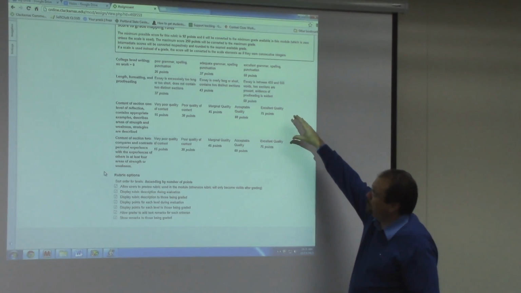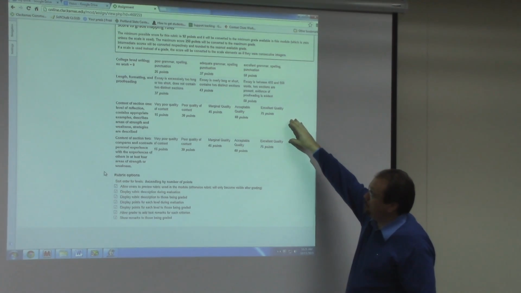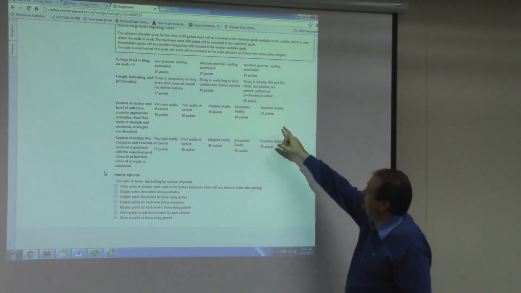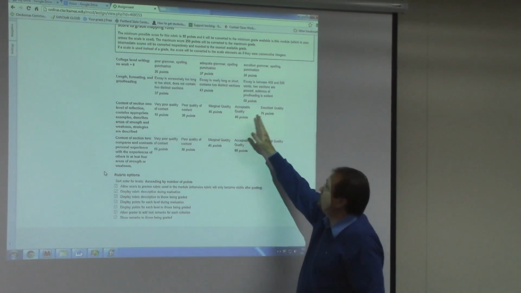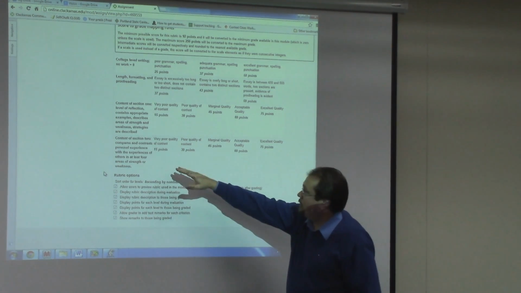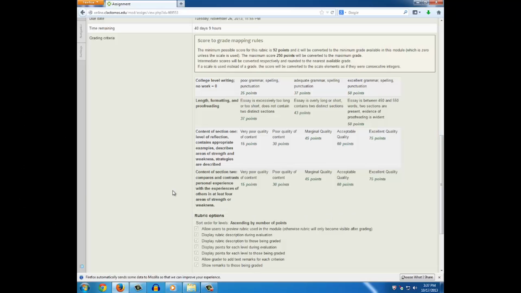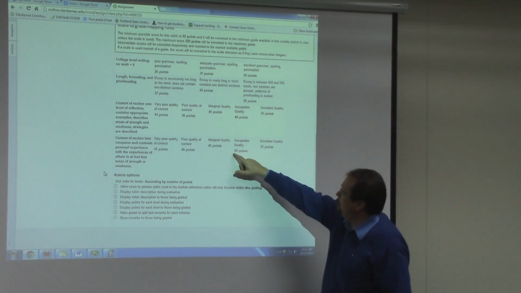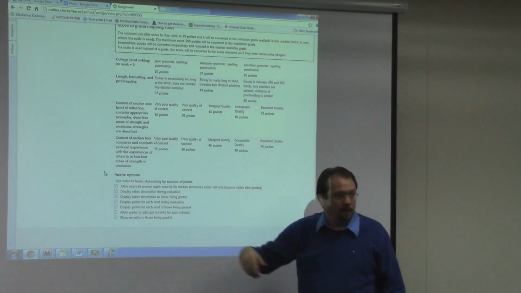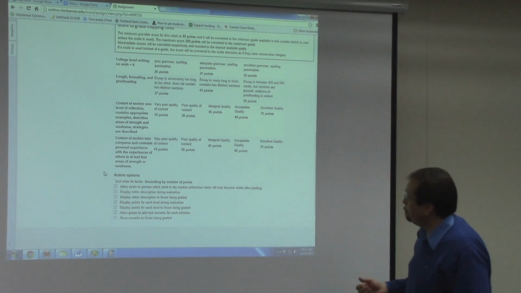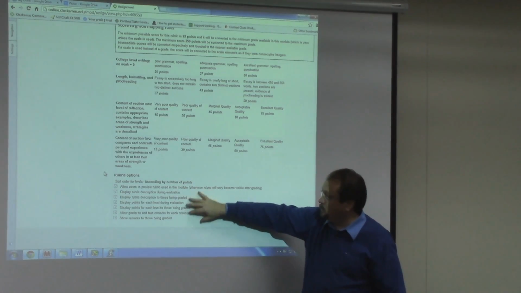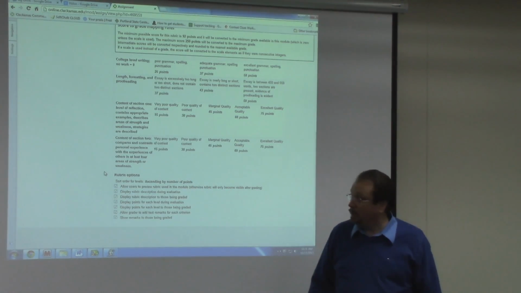So I'm looking for level of reflection, contains appropriate examples, describes areas of strength and weaknesses, and strategies are described. And then there's a variety of levels of work that the student is completing. And then I'm looking also at content for section 2, and again, a similar set of levels of work. Now you notice that within the rubric, these points are set at the relative value of the points. And then you have, again, a list of options for displaying or not displaying various aspects of the rubric to